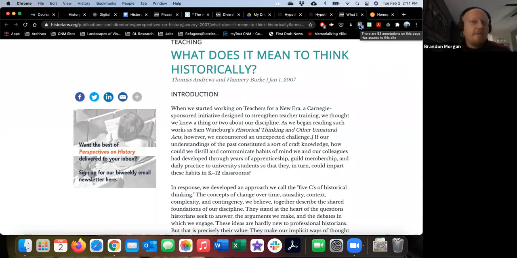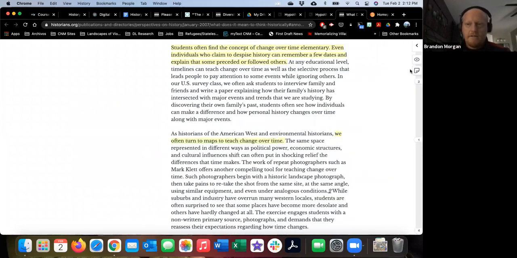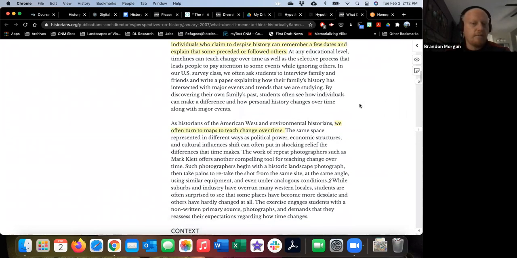If I was using Firefox, for example, I would have a Hypothesis bookmark. They call it the bookmarklet, but you just add it to your bookmarks bar up here. If it was Firefox, it would say Hypothesis bookmark. I would click that, just like I click the extension here, and it brings up this sidebar. I can minimize the sidebar for Hypothesis, and you just see the little arrow, so that it's out of the way and you can do the actual reading.